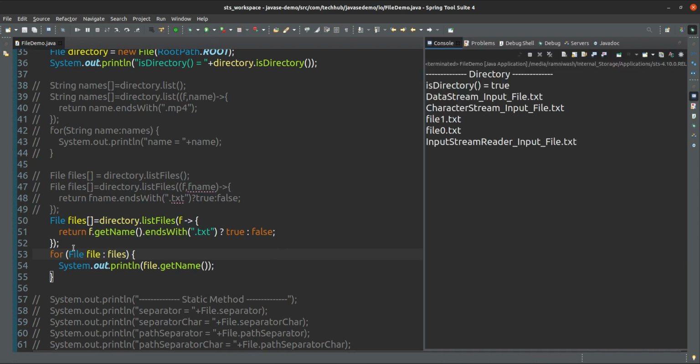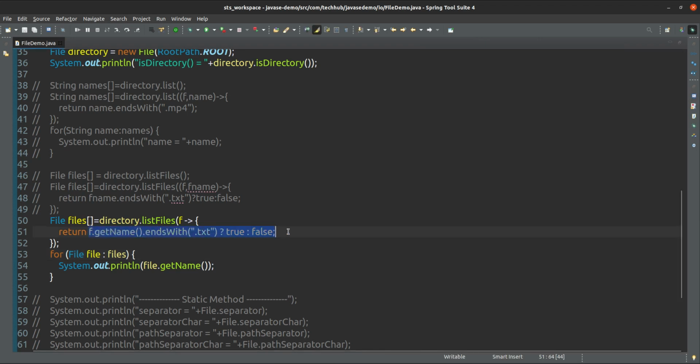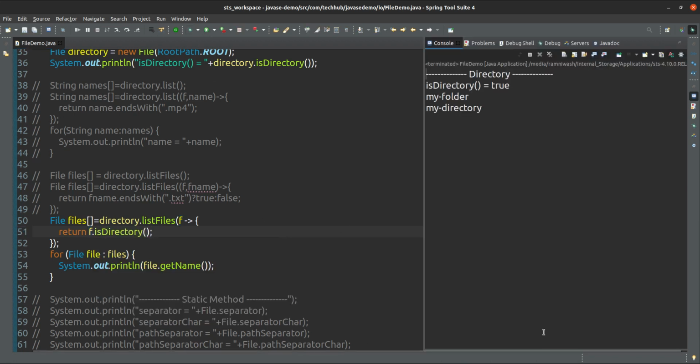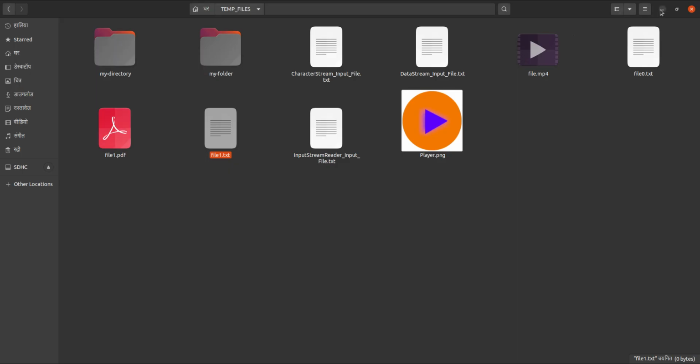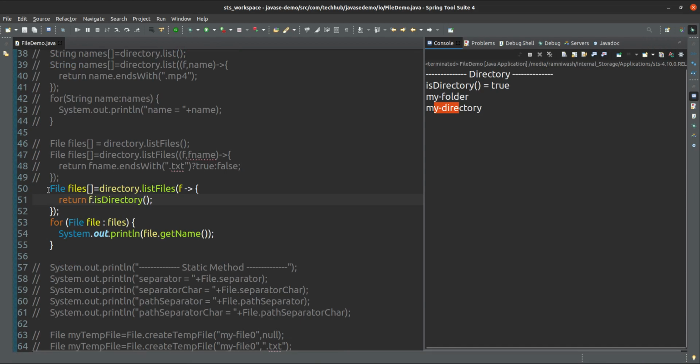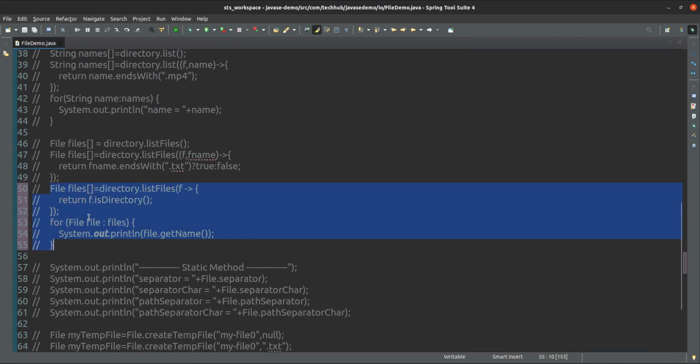And if I want directories, then file.isDirectory, only directories will come now. How many directories are there? Two directories are there, my folder and my directory. Only those two will come here. So these are the methods of the File class.